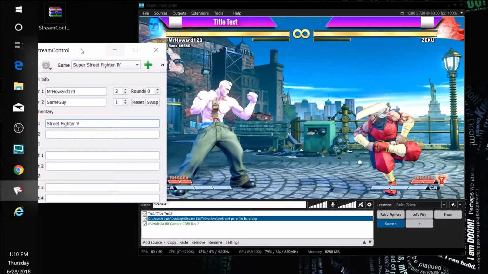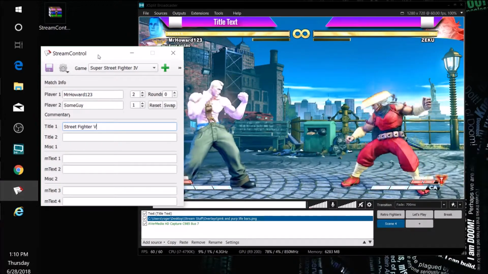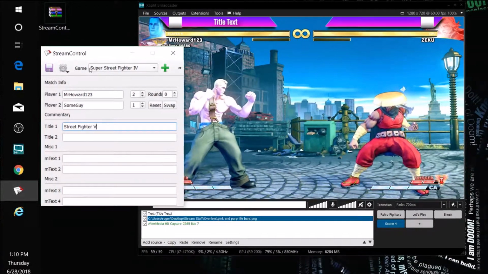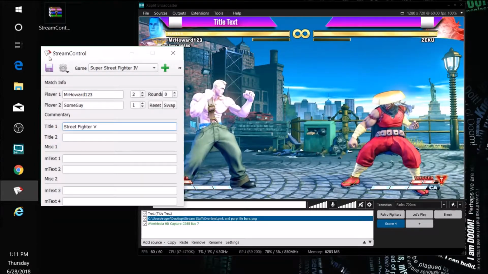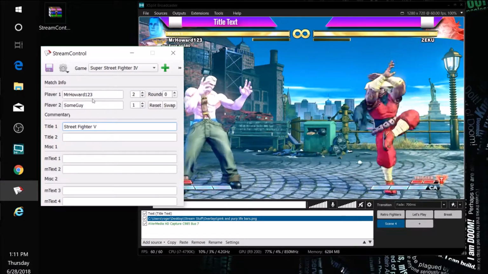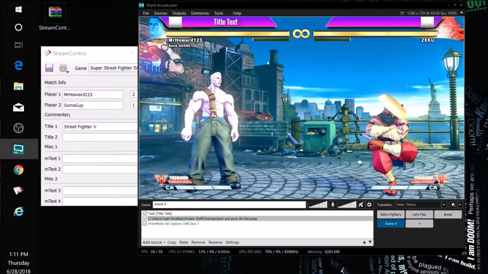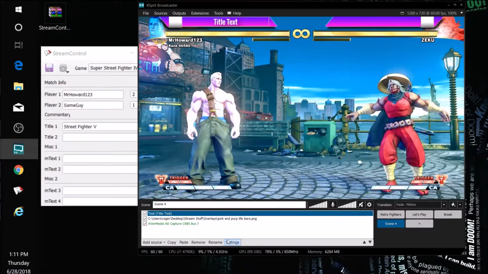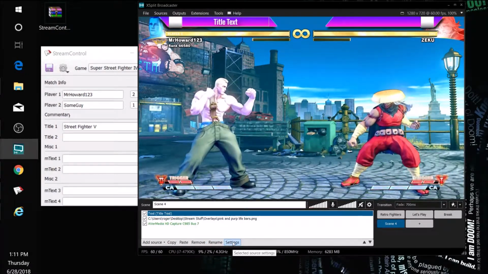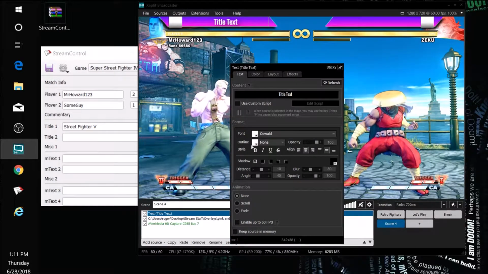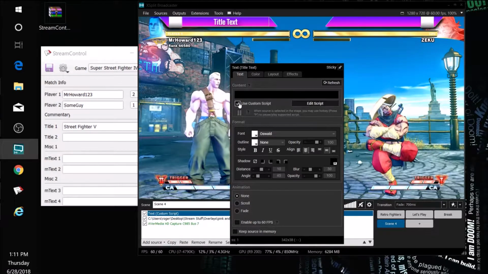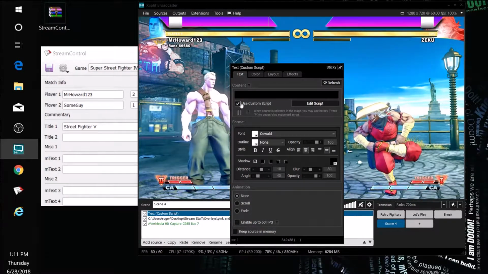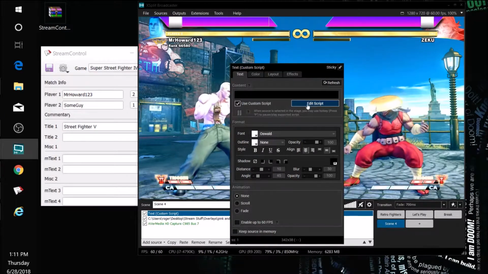Alright, so here's the part you really need to pay attention to, because I'm going to show you how to set up XSplit so it reads the same file that Stream Control is changing with these titles that I'm putting in here. Okay, so I'm going to my title text. I'm clicking that. I'm going to settings. We're going to check this box here that says use custom script, right? Boom, I checked it, and now all of a sudden it disappeared because it doesn't know what script I'm trying to use. And we're going to go to edit script,